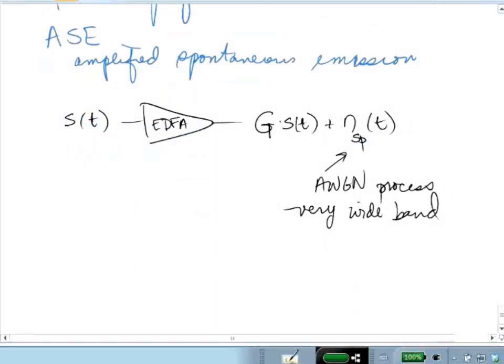And the noise process will be much, much wider band than the signal process. So of course, because it's so much wider band, what we're going to want to do is limit it. So in a typical system that has an optical amplifier, and that could be an SOA as well, we'll put an optical filter to limit the impact